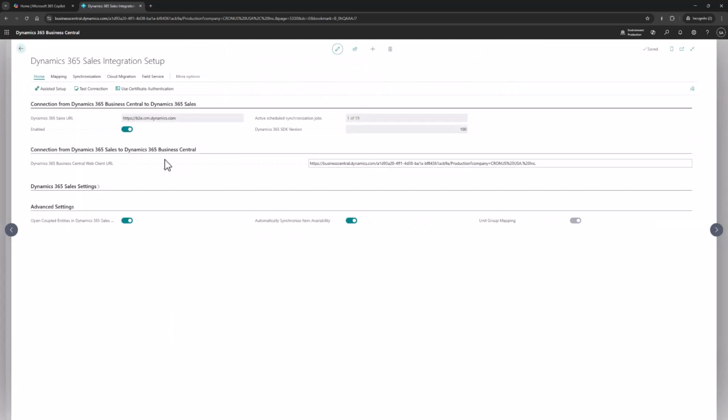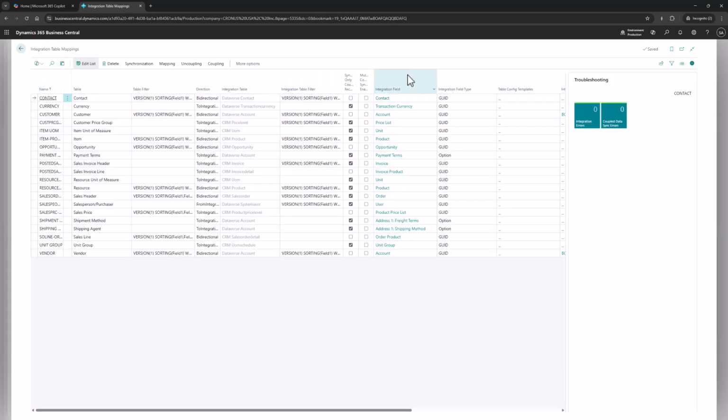The main part where you should go is the mapping and integration table mappings. What you're going to see there is the whole list of the tables which are synchronized: contacts, currencies, items, unit of measure, opportunities, sales orders, unit groups, and everything.